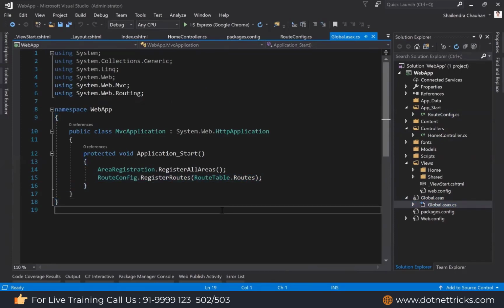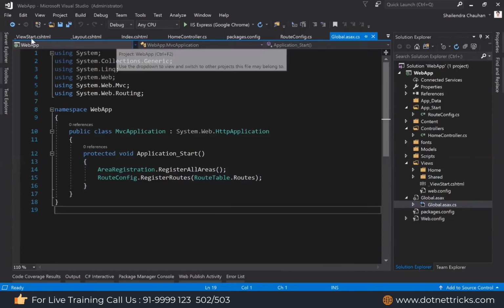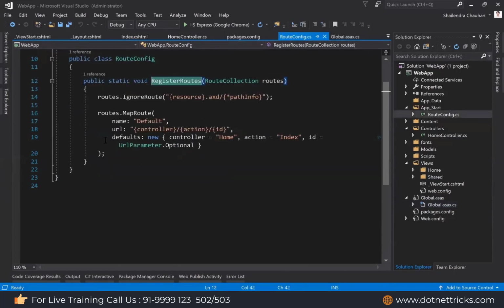So when you will try to request the domain.com, it will serve the page as per this default value, because here the default value for controller and action is Home and Index. So that's why when you will open the application first time, it automatically serves the Home controller Index action, and the index action is returning the file index.cshtml.